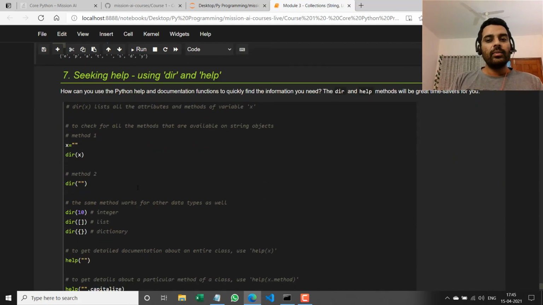Now, the last thing I want to take you through is two really important commands, the dir command and the help command, right? There's no way you can remember everything that you need about the Python language, right? If you go to one section, you'll forget something from the other section. So if you need to access the documentation, then these two functions are built-in functions that help you do that, right? Now the dir function,